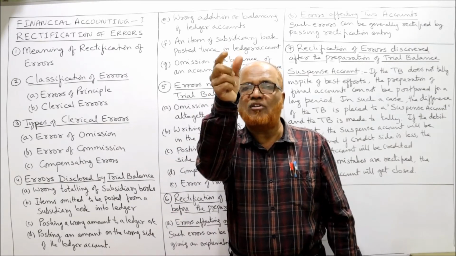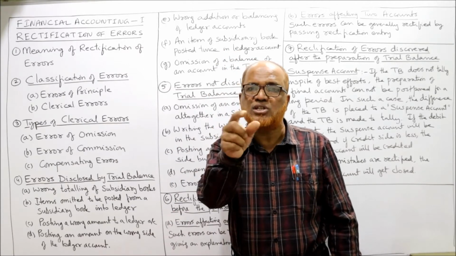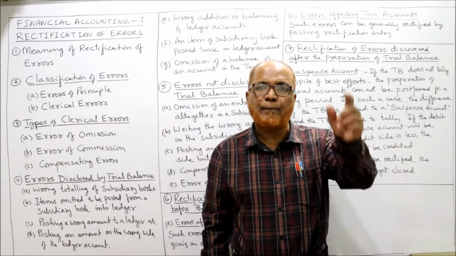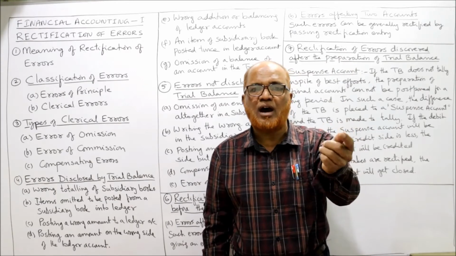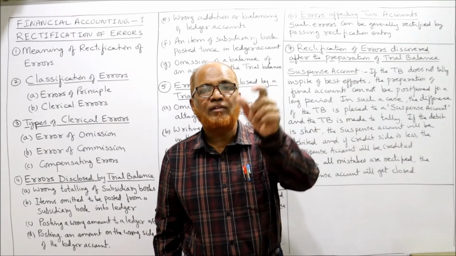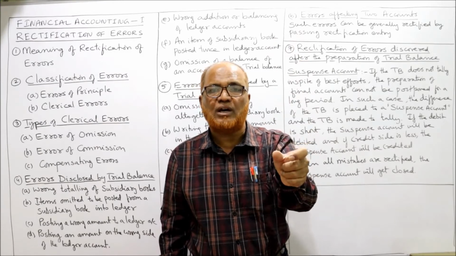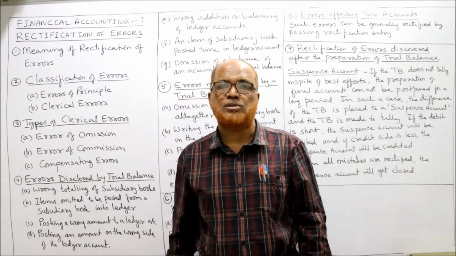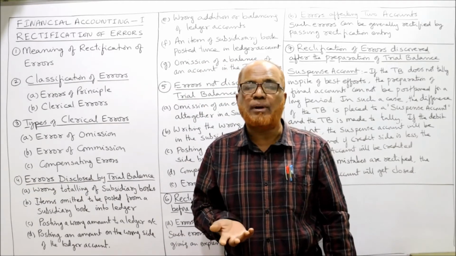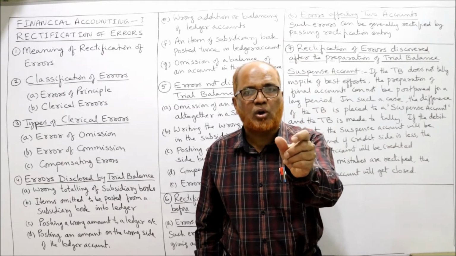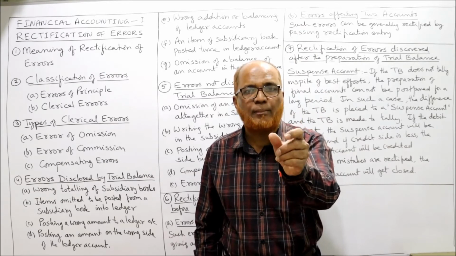Now this total of purchase book, 50,000, which is wrong, will go to purchase account. From the purchases book, we are posting into the purchases account. So when we have taken the wrong total 50,000, that wrong total will go to purchase account, 50,000. What will happen? Our trial balance will not agree, because the total of the purchases book, the wrong amount 50,000, we have